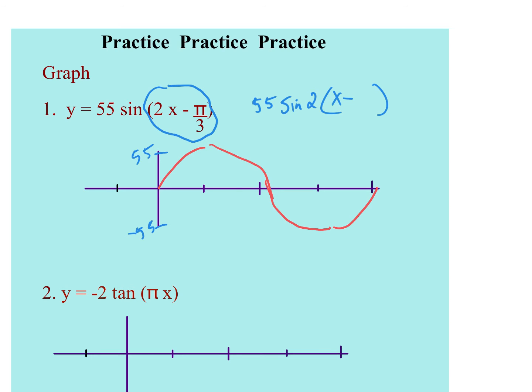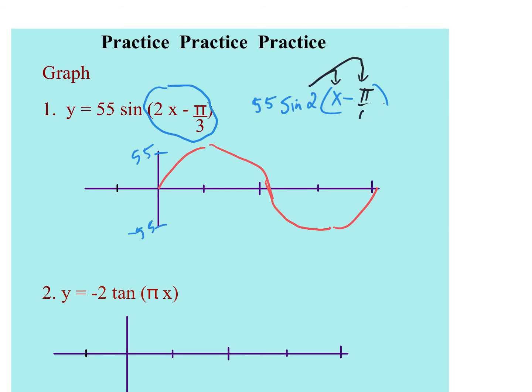Right here, this is a critical moment. It is not pi over 3. That is not how far you're going to shift it. Because when you factored out the 2, it has to multiply back in and give you pi over 3. So there needs to be another 2 down here so that when you multiplied by 2, it would cancel off that 2 and give you pi over 3. So it's really pi over 6. Put your hand up if you knew that it was going to be a pi over 6 shift. So if this is shifting pi over 6,